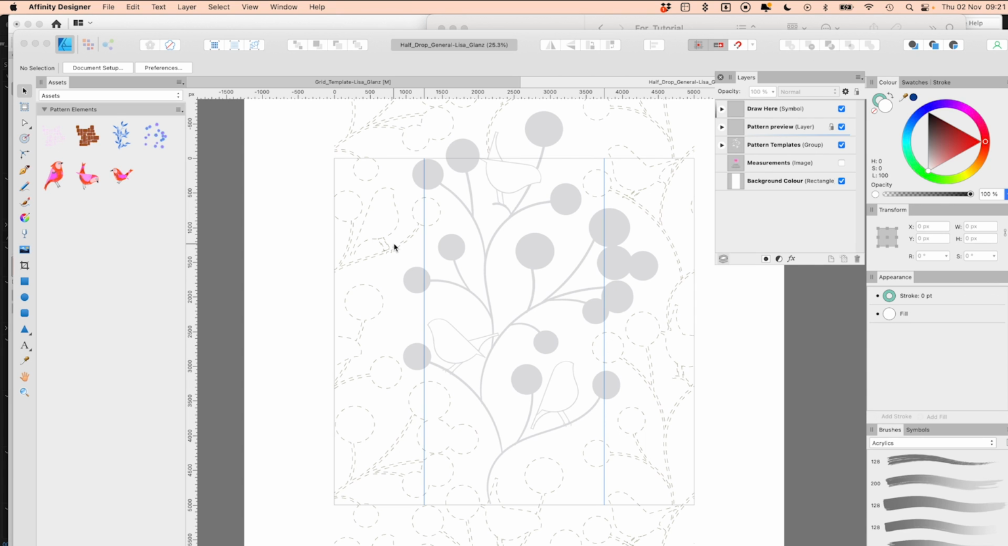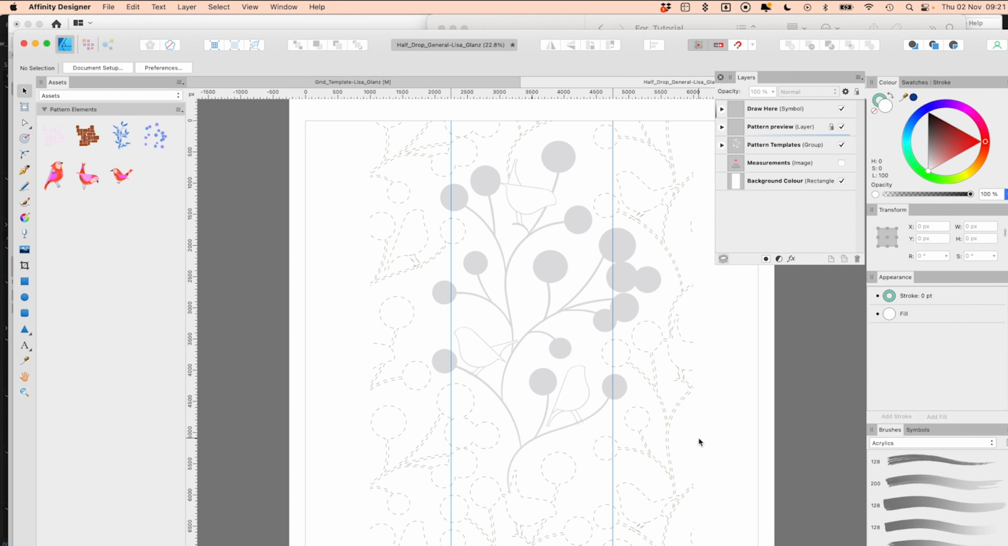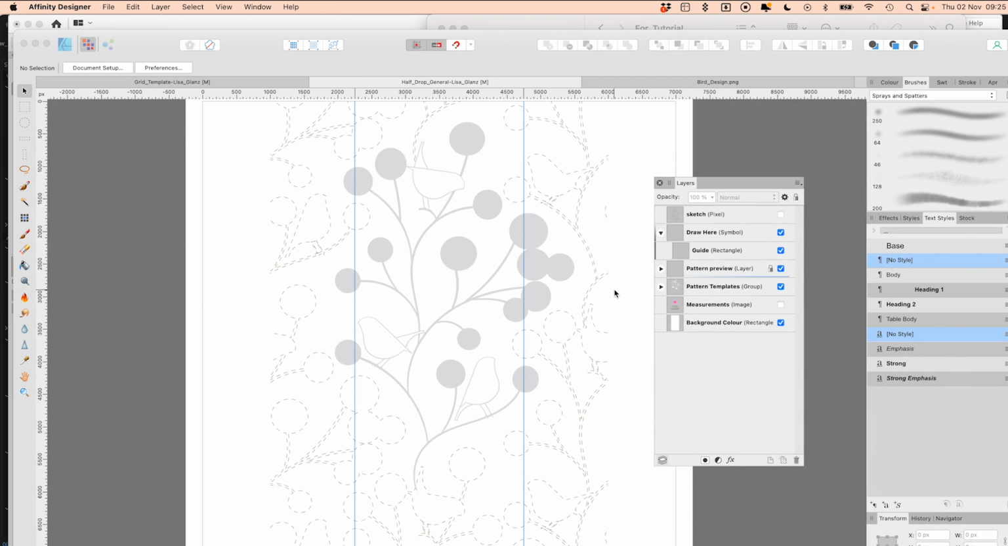And as mentioned, if you want to use a pixel brush, you need to resize this document. So let's quickly go ahead and do that. I'm just going to come over to my document setup, make sure the anchor to page is on, and let's choose 7000 by 7000, hit OK. So remember, with a pixel brush, you want to be sketching outside of the symbol layer. And if I just turn my sketch layer on,